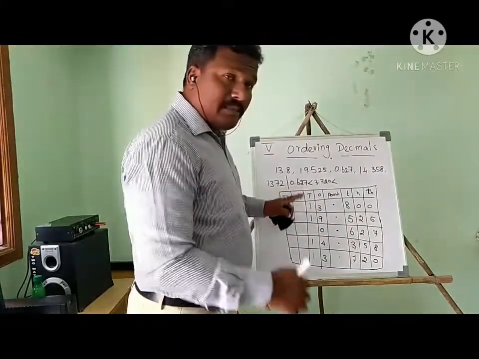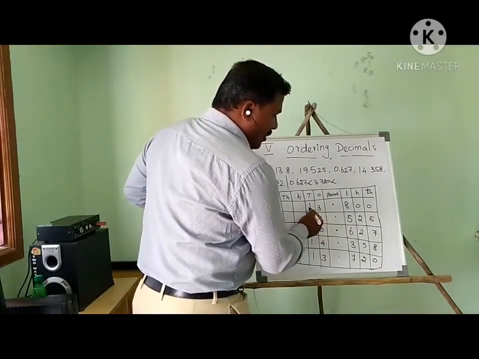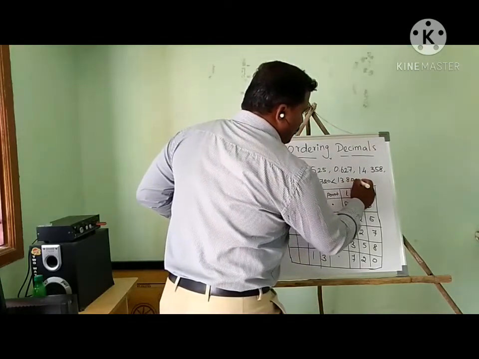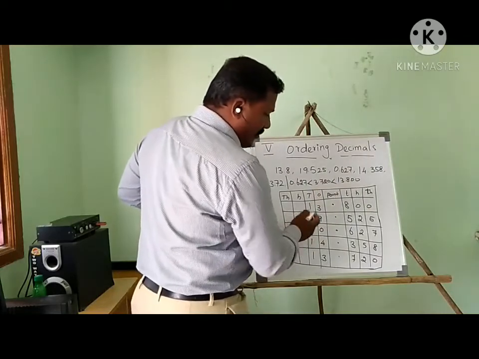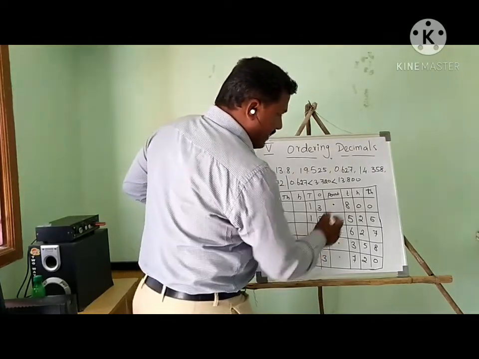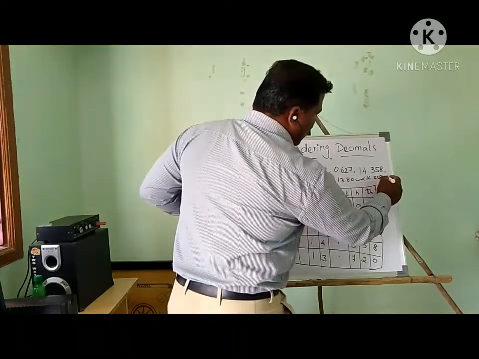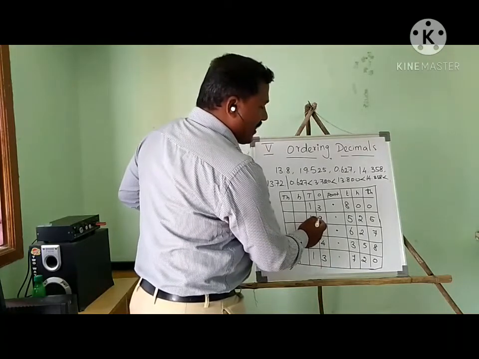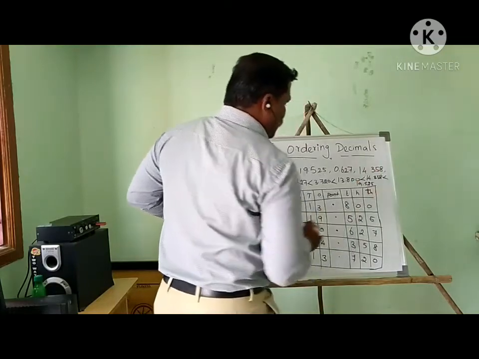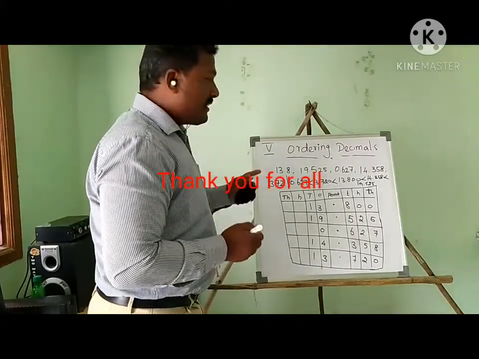Let me find the next big number compared to this. Then another number, 13.800. Then another big number, compared to 3, after 4. So 4 is the next big number, so we write it as it is, less than 14.358. Then compared to this, the next big number, you know very well, is 19.525. This is the way you can order the given decimal numbers in ascending or descending order.